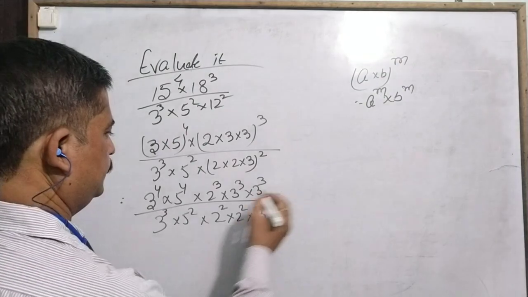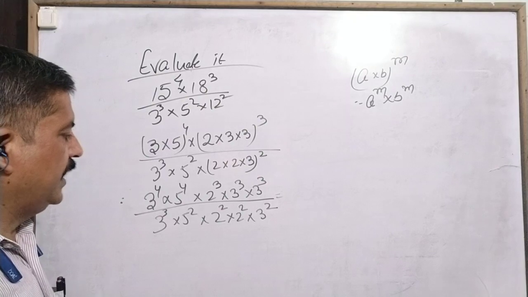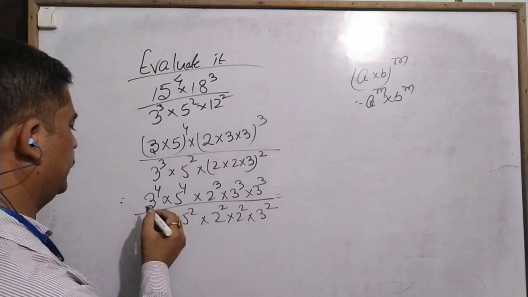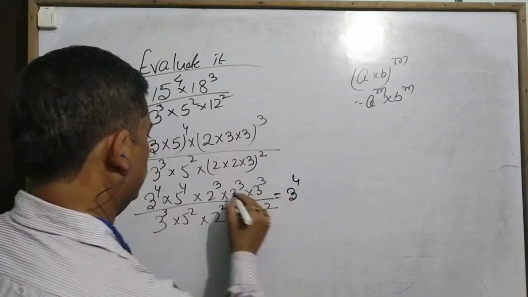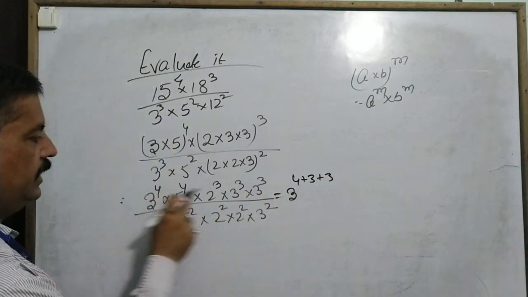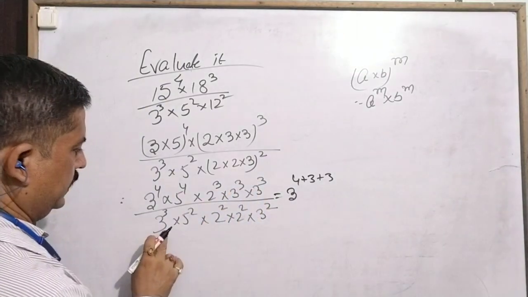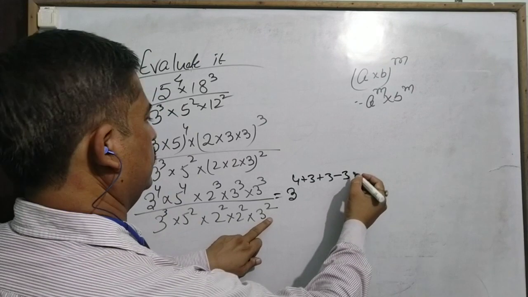Calculating the power: 3 to the power 4 again 3 to the power 3, plus 3 3 3 3, again the division also 3 and minus